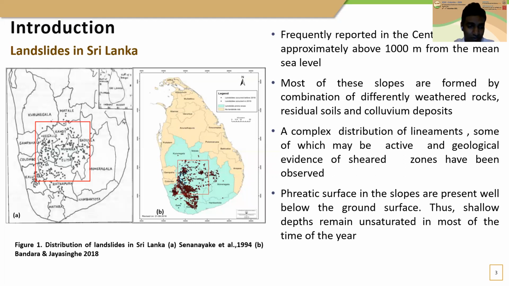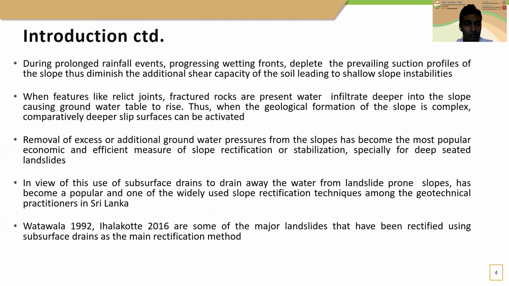And these slopes are formed of colluvium and residual materials. Most of the time, the groundwater table is found well below the ground surface level, and the shallow depths remain unsaturated. But during rainfall events, the progressing wetting fronts could increase the saturation levels, leading to slope instabilities. When features like relic joints and fractured rocks are present, the infiltration of water deeper into the slope would cause the rise in groundwater table, and it can eventually activate